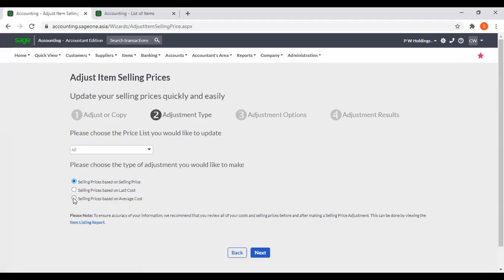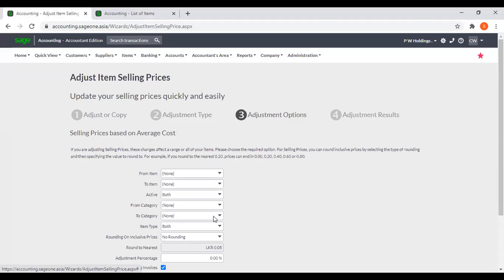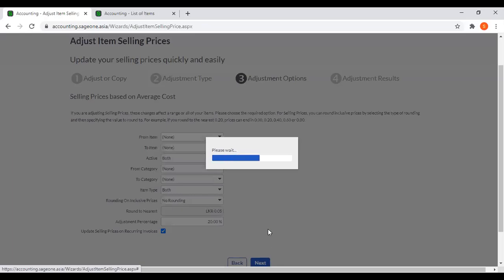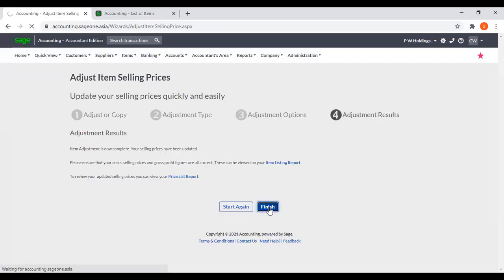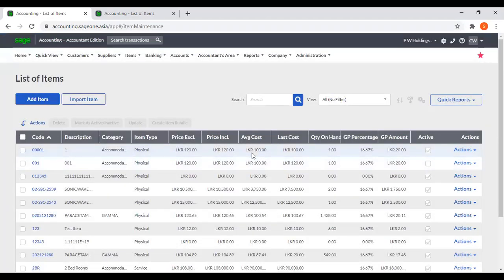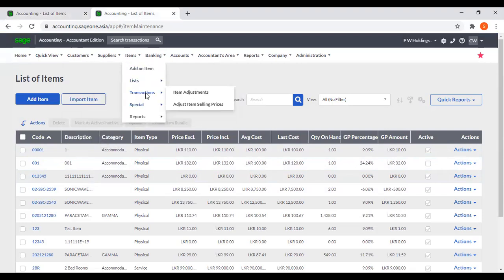Then I'll do this price based on average cost again. I'll increase by 20%. Now here average cost is 100, price inclusive is 120. Previously it's 110, now 120. Okay, like that. At once you can increase your selling prices